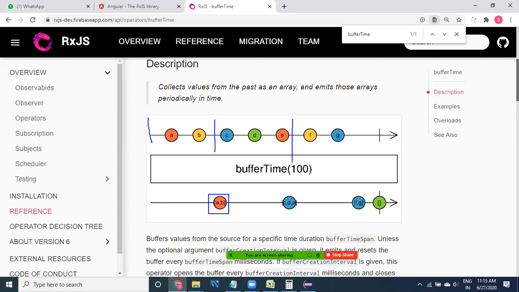So from here to here is 100 milliseconds, and from here to here also milliseconds, on this timeline. Now after every 100 milliseconds, whatever values are received will be taken into one group.